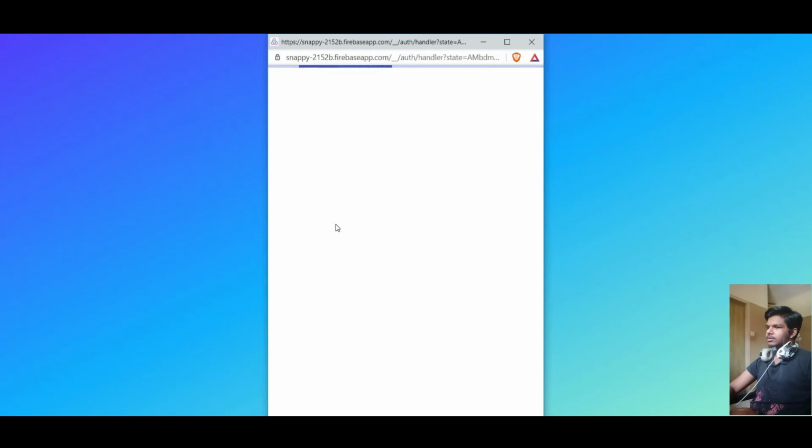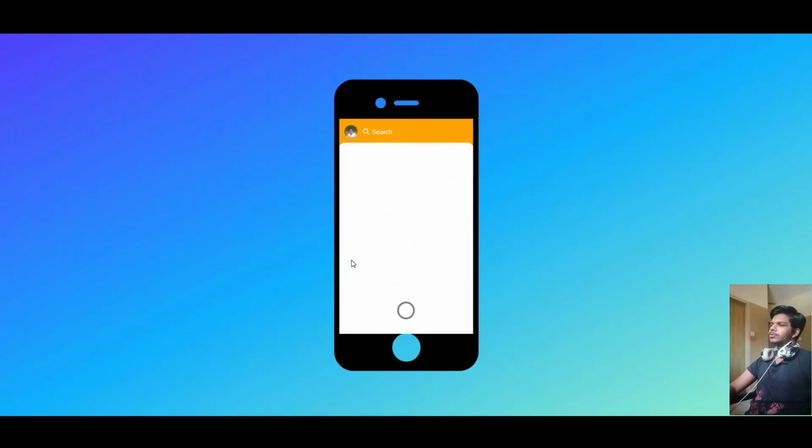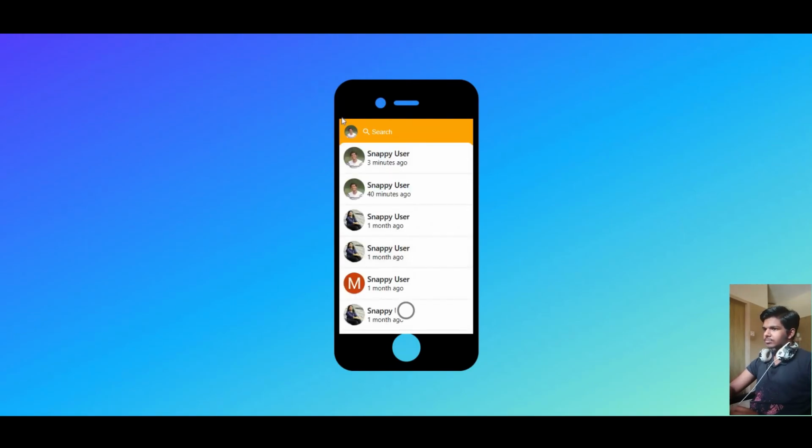And yeah, here you go. As you can see here, that's a mobile, just a pure image, and the thing inside the mobile is the main thing of our Snapchat clone actually. Here you can see a header which has a search bar. Basically it does nothing. And these are components actually, the username and the profile picture, as you call it, and you can get that from Firebase using some functions.